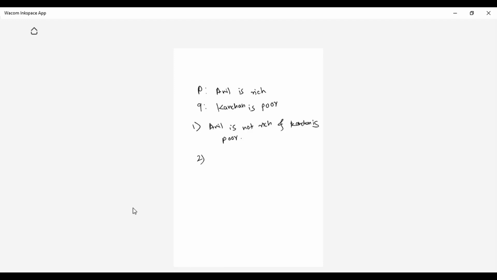The second one is: it is not true that Anil and Kanchan are both rich.